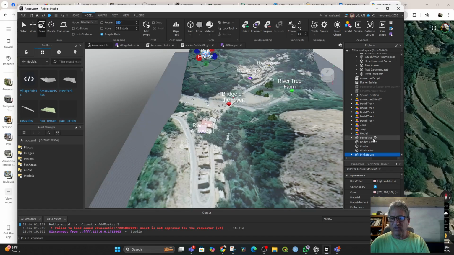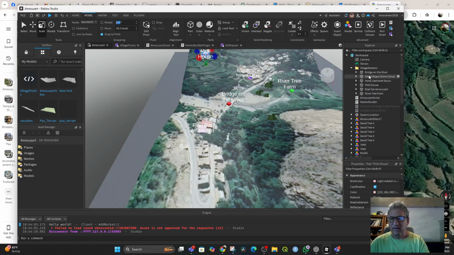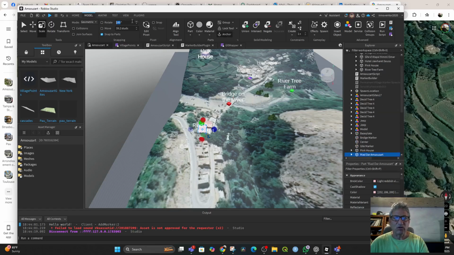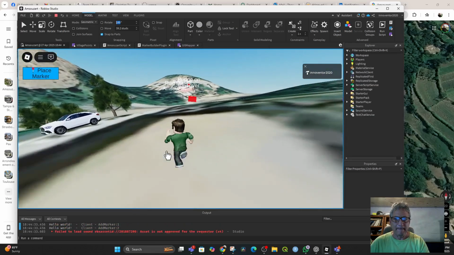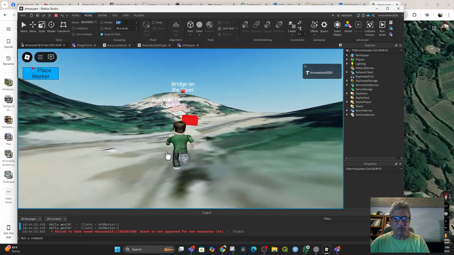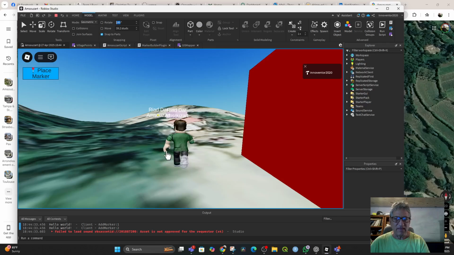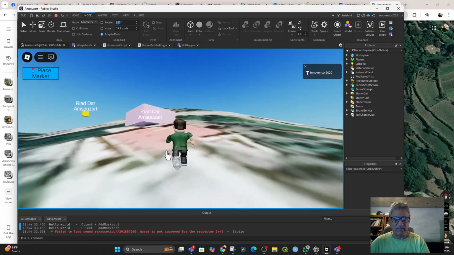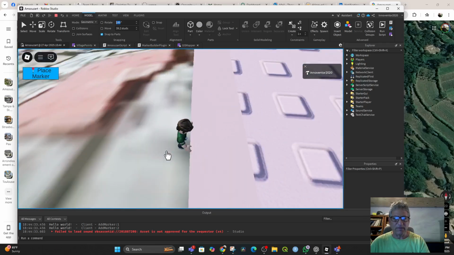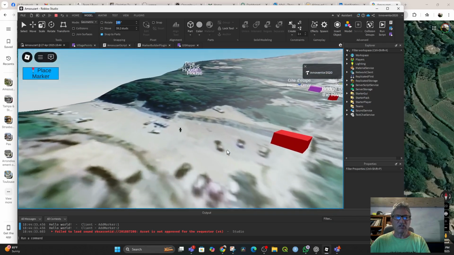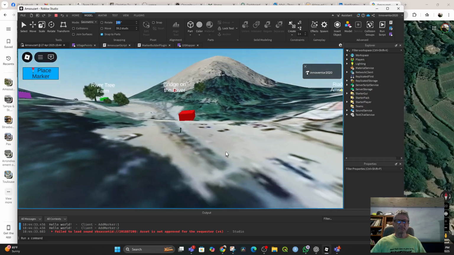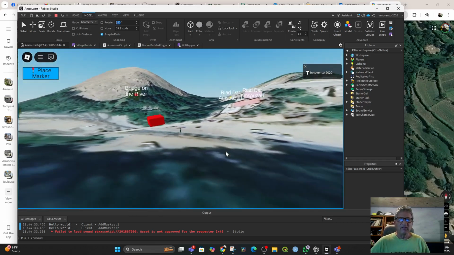I want to see now if I just take the Riyadh and simply drag it out of that folder, does it show up? Let's see. Yeah, it does. Okay, so it was really the presence of being in that folder that made it disappear. But we can start populating with different objects. So this is pretty cool that we have these capabilities now,